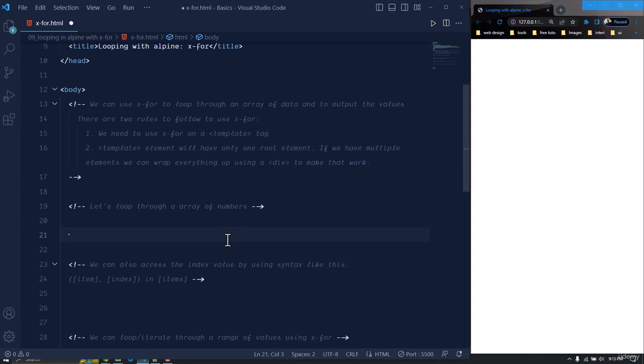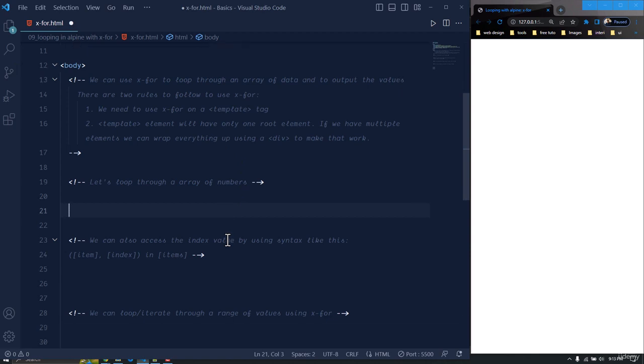If you are familiar with JavaScript, then you already know what an array is. So an array is basically a JavaScript data type like variables, booleans. So array is a different type of data. So let's see. But before getting into that, there are actually two rules we need to follow to use the